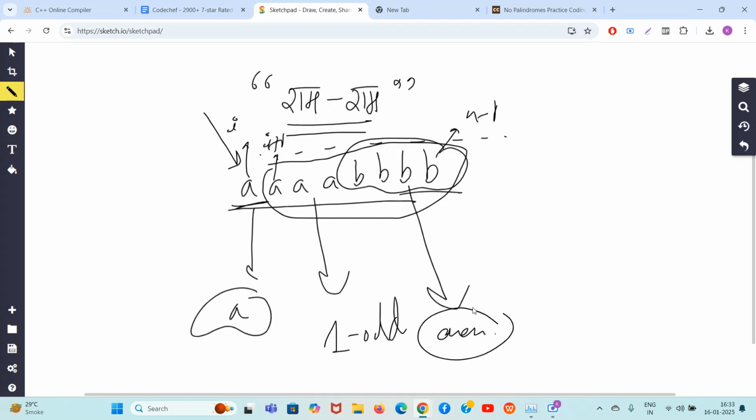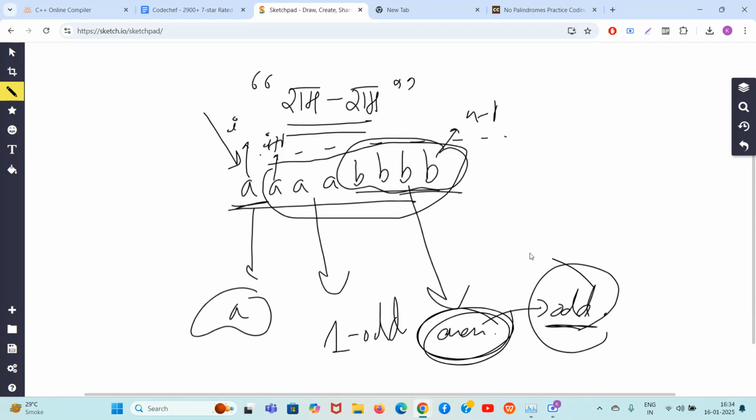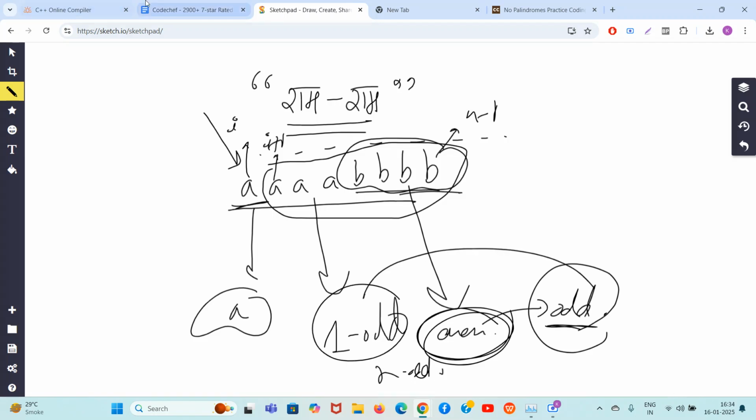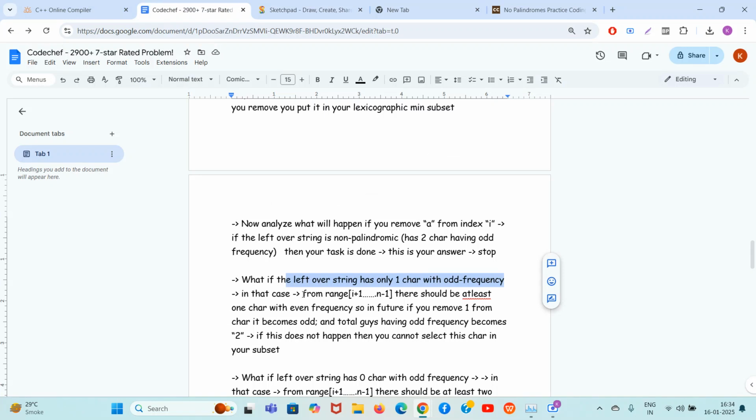even frequency. Because if there is a character with even frequency, you can always turn it to odd. If you turn it to odd, this odd plus this odd will become a total of two odd. Okay, so in this case, from the range I plus 1 to n minus 1, there should be at least